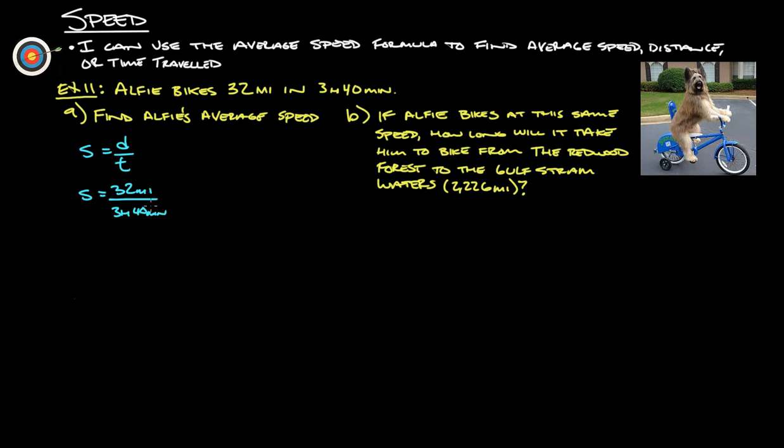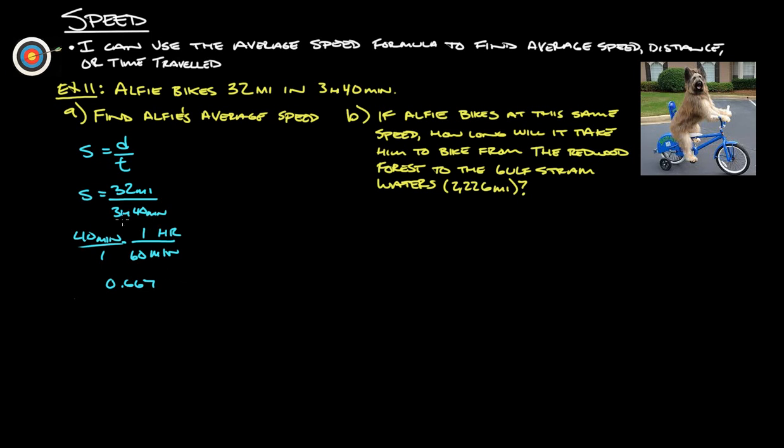Since we're talking about miles, it probably would make more sense to do miles per hour than miles per minute. So let's convert these minutes into hours, right? If we've got 40 minutes, if we use our stoichiometry, we want to get rid of the minutes. So we'll put minutes on the bottom, and we want to turn it into hours. We know that 60 minutes is equal to 1 hour. So we're doing 40 divided by 60, which is really 4 divided by 6, which is